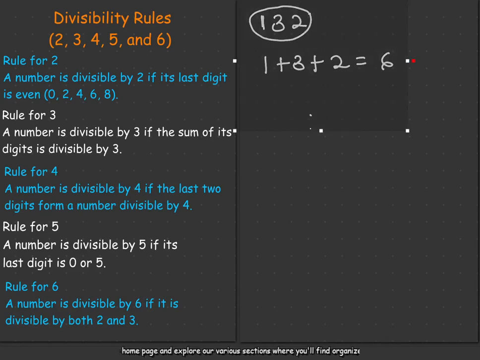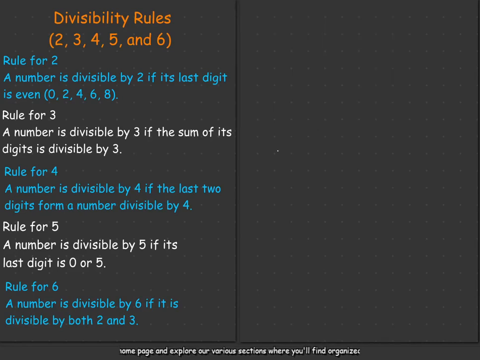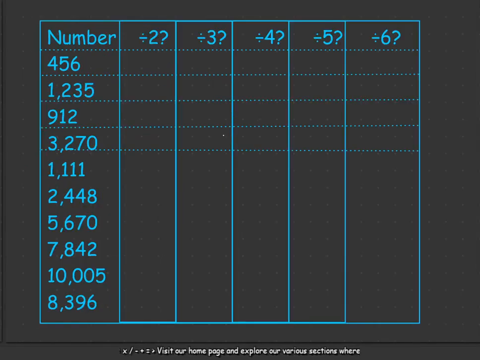So with these rules, let's copy and then complete a table I'm about to draw. Now that we know the rules, we want to try and fill out this table. So we have our numbers here, and we want to test if they are divisible by 2, 3, 4, 5, and then 6. So starting with 2, we have